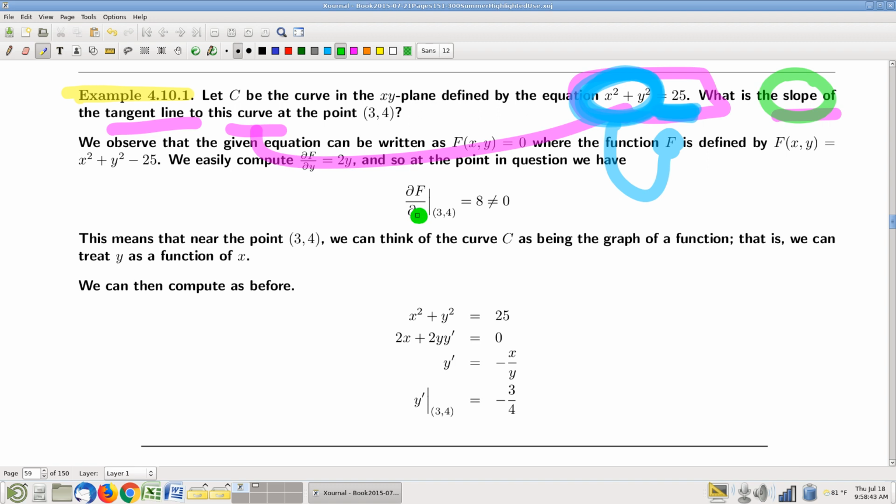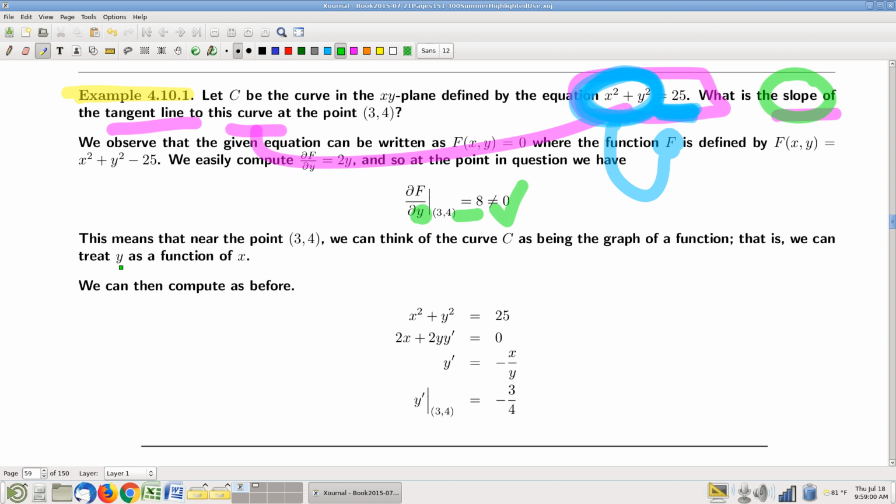So I take a partial derivative with respect to y. Compute that out. Confirm that it's not 0. What it is doesn't really matter. All that matters is that it's not 0. Right? Having confirmed that it's not 0,